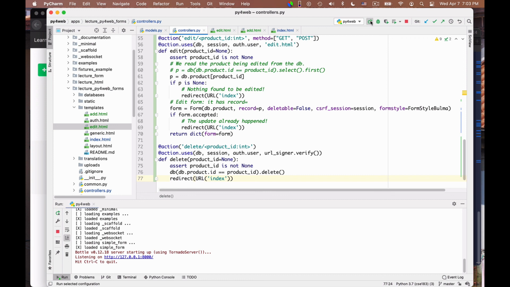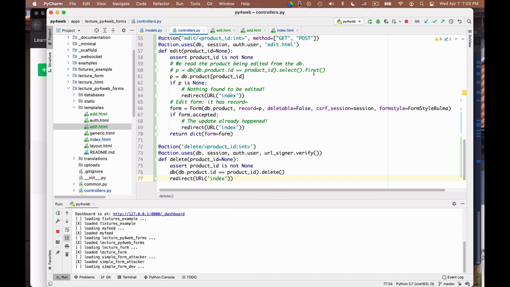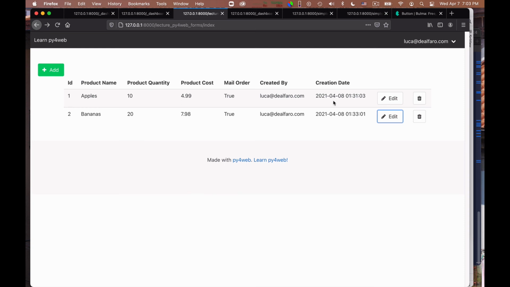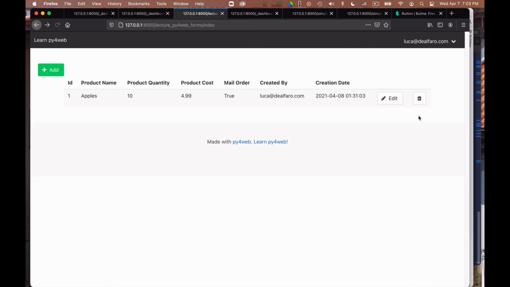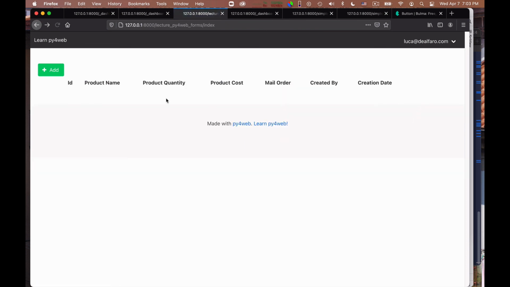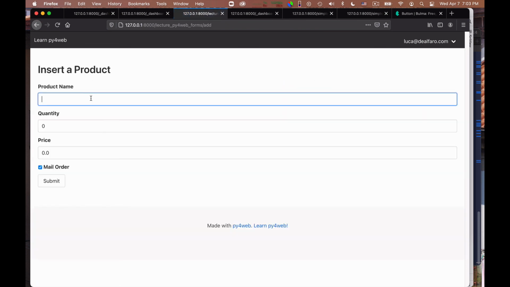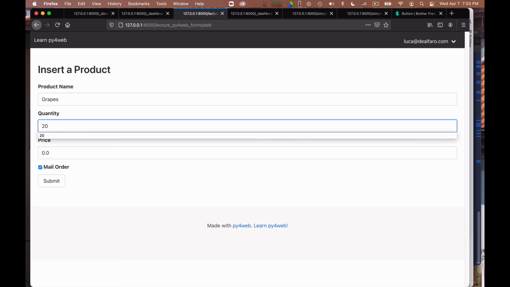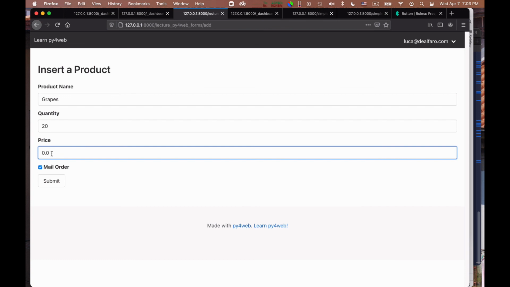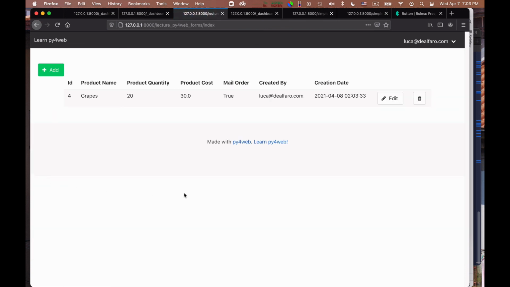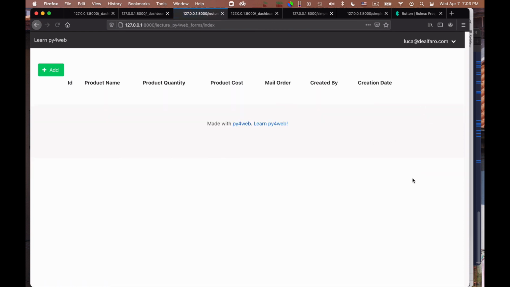Let me see whether this works. And so I can click here. Poof. Poof. It works. So now I can add, I don't know, grapes. The quantity is 20. The price is $30, kind of expensive. Now I have grapes again. No more grapes.